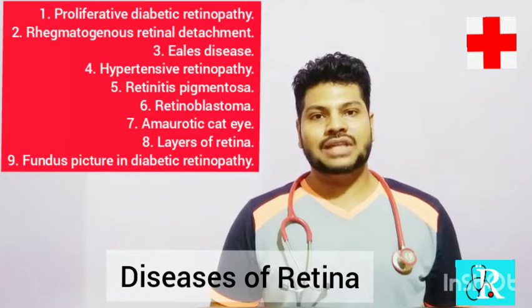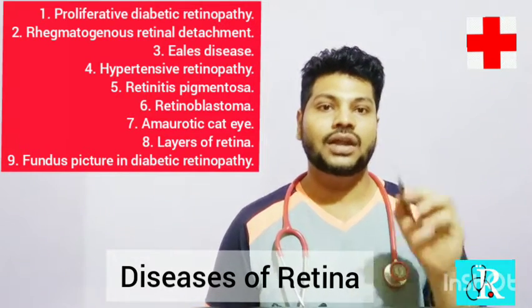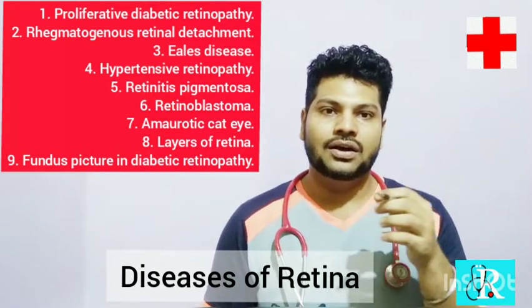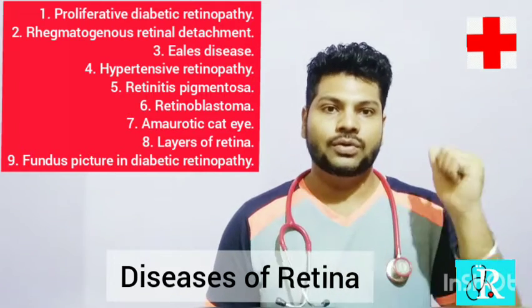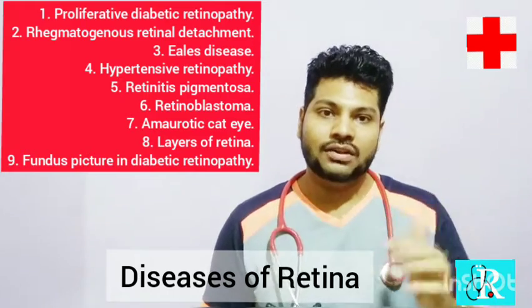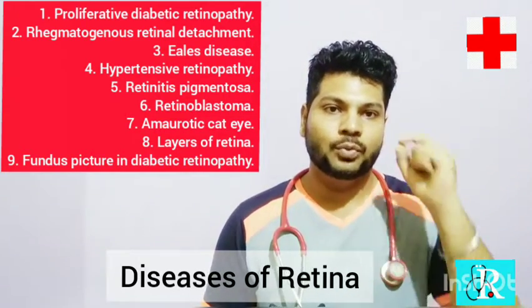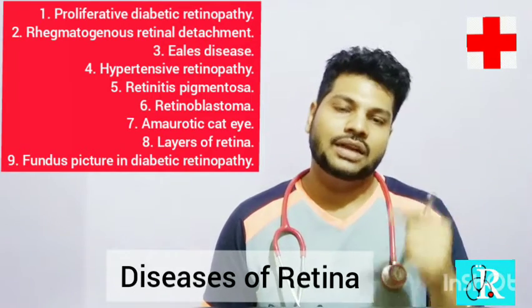Next comes what is amaurotic eye disease, or amaurotic cat eye reflex. The amaurotic cat eye reflex is a symptom or manifestation wherein the pupils, which usually appear black, even when you put a torch on them, appear cloudy white, sparkling white in color when a flashlight is put over the eyes during the examination. That may be one reason.